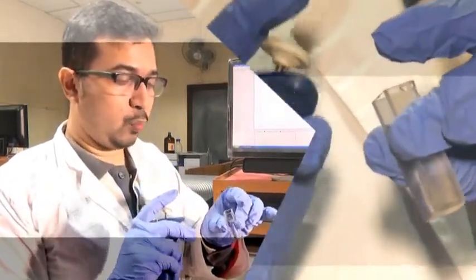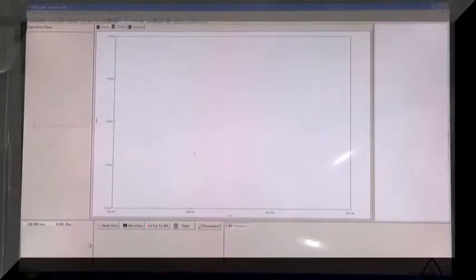Now, once we are prepared with the urea solution in the cuvette, we will see the absorbance of this urea solution. So, we have placed the urea in the sample compartment. Now, we will do auto 0 initially, so that the absorbance value at 600 nanometer becomes 0. Auto 0 is done, we can see the absorbance is set to 0, and now we can start with our measurement. Let us click start, and here we can change the scale. Let us change this value a bit, around 0.5.